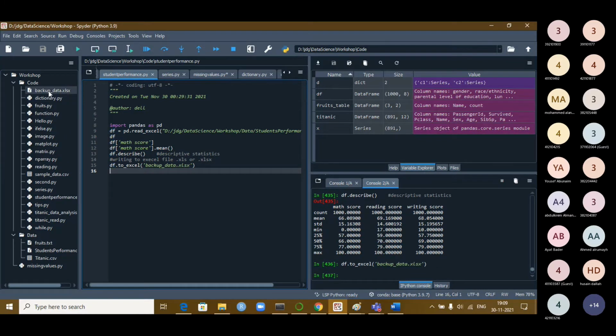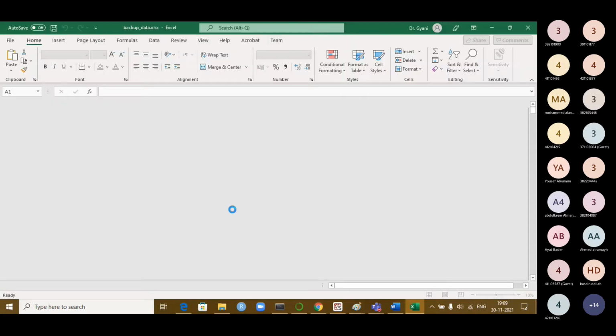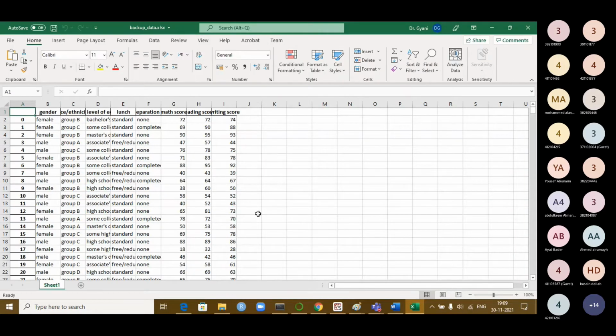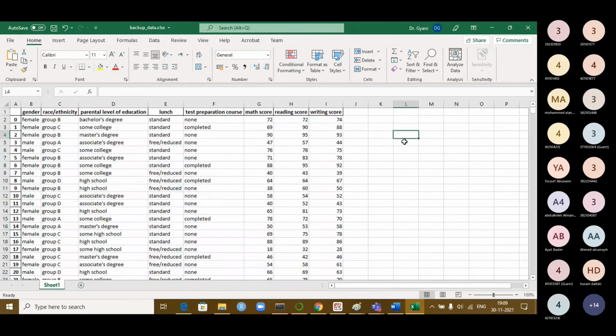You see, the backup data is created. Now if you want to see the file, open externally. You can see the total Excel file. Use auto column width. So now we can see all the scores.